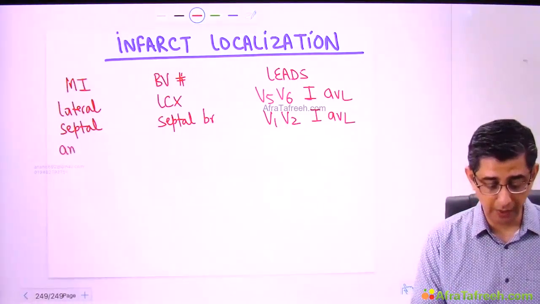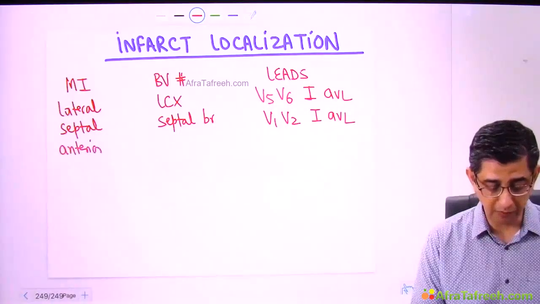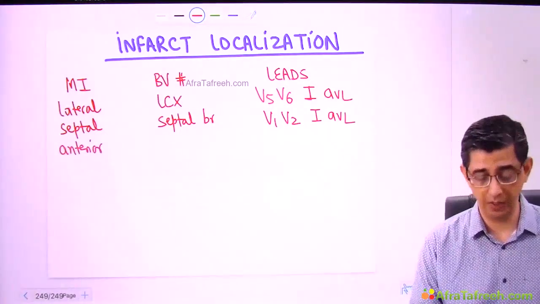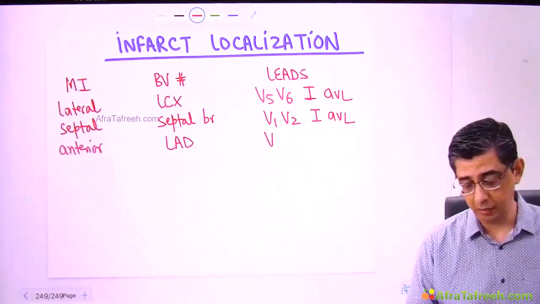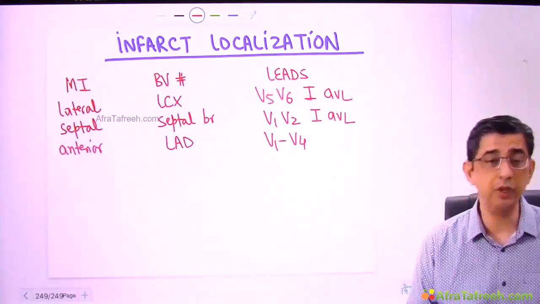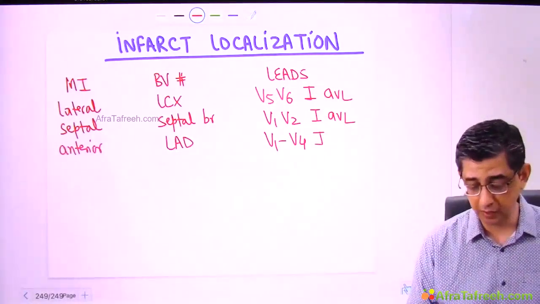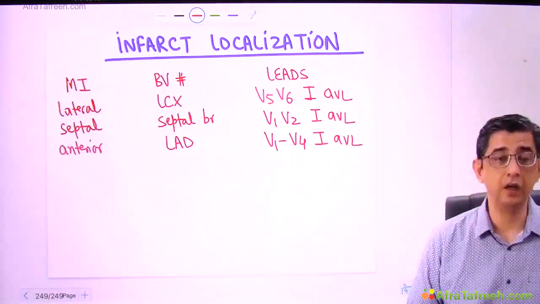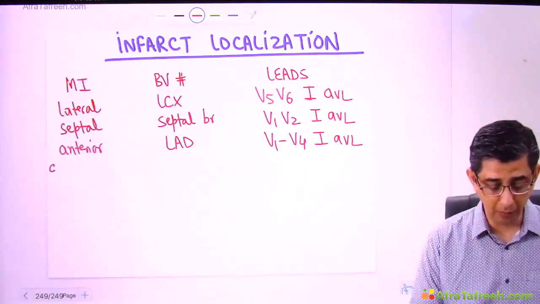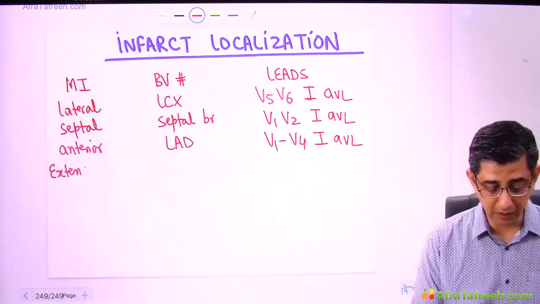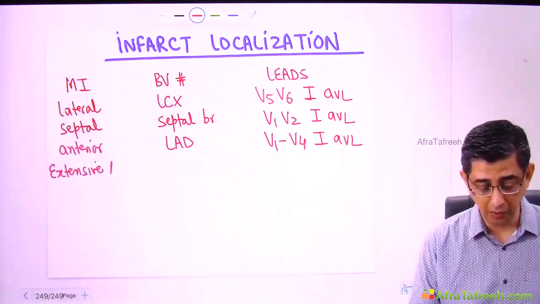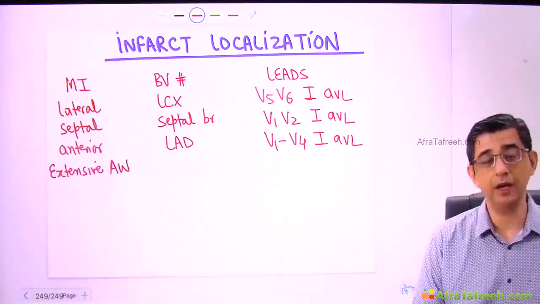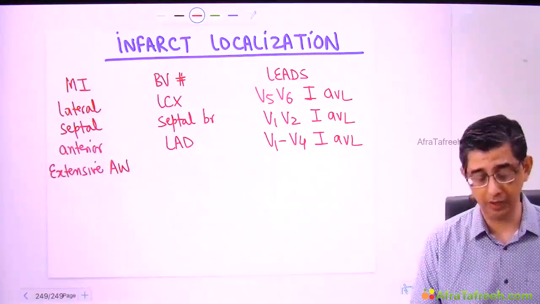But if he talks about anterior wall MI, 50% of cases are of anterior wall MI, then it is the left anterior descending artery that would be affected, and electrodes V1 to V4 will be evaluated to check for anterior wall MI along with 1 and aVL. Now, what I find a problem for most of the students is simply carelessness, because when he introduces the word extensive anterior wall myocardial infarction, I'm writing AW, that implies anterior wall myocardial infarction.